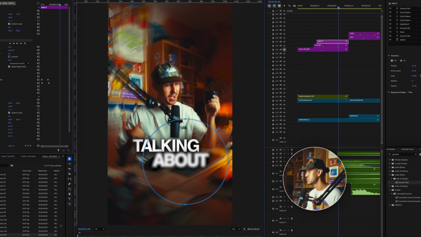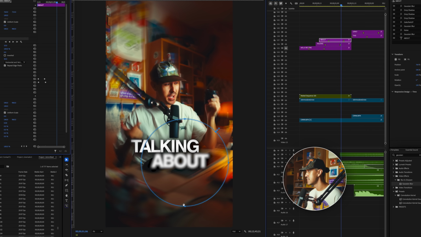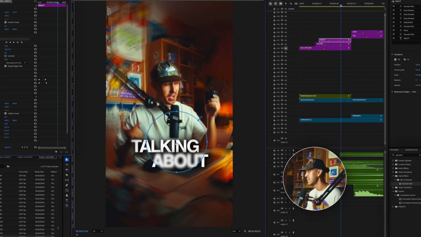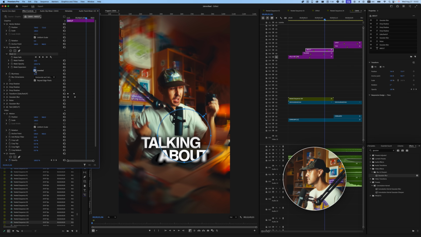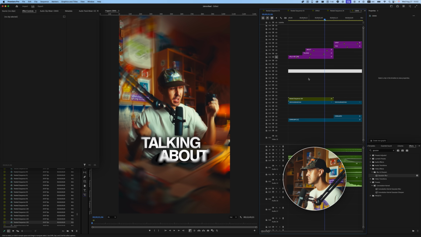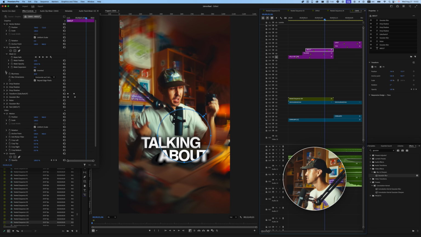What I'll do is make a rough circle around the area I'd like this effect. I'll then go to inverted. If you just leave this as is, obviously, there's that hard edge here. So instead of mask expansion, I'm going to go to feather and bump that up quite a bit, to like 150-ish. And now you'll notice that you've got these really pleasant blurred edges on your fonts,